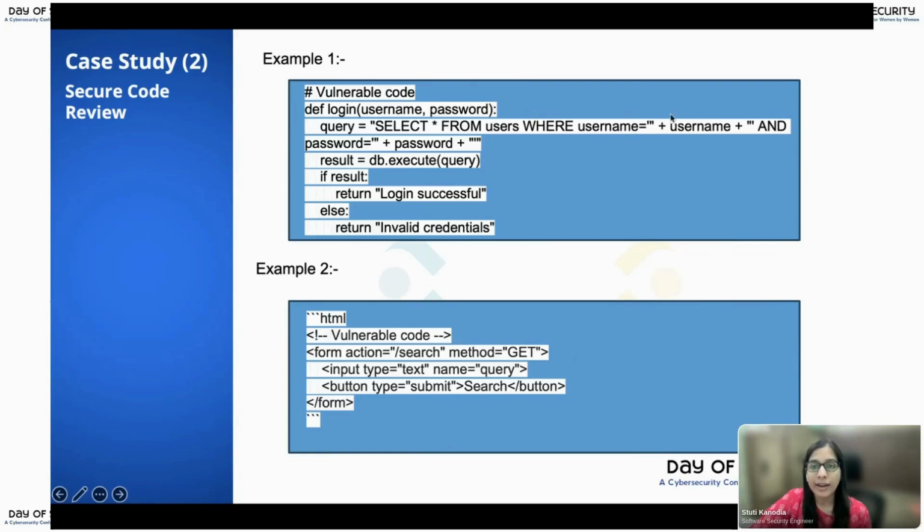Basically, we are concatenating username and password directly into the SQL query, which is an issue because there is no validation present. So it could lead to SQL injection. The second is